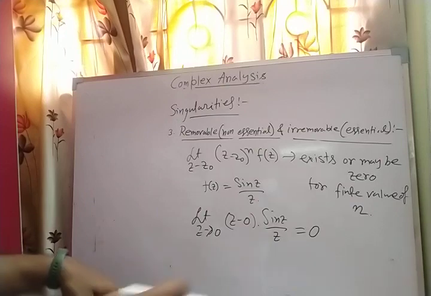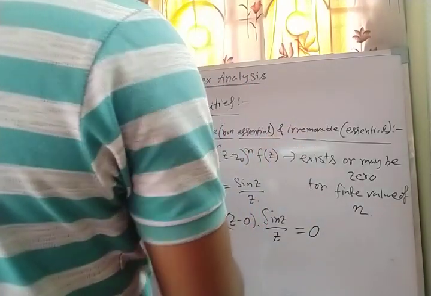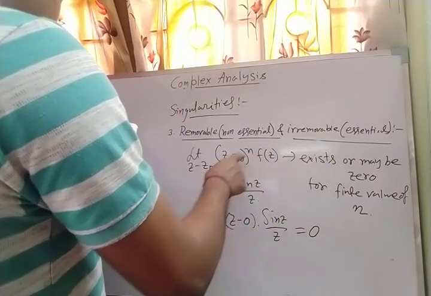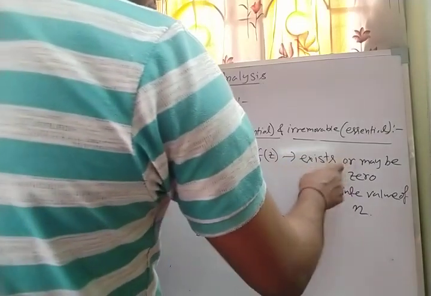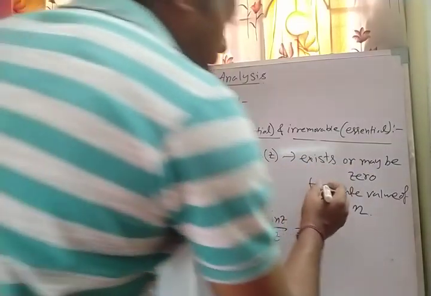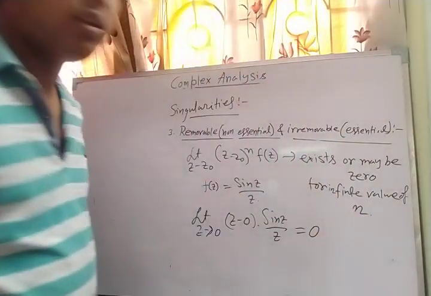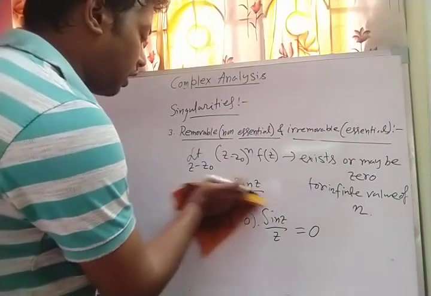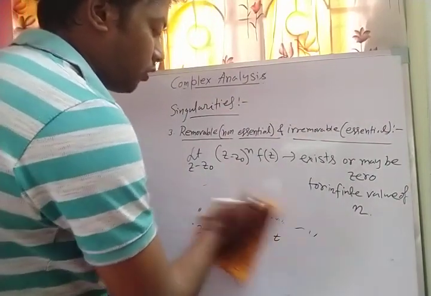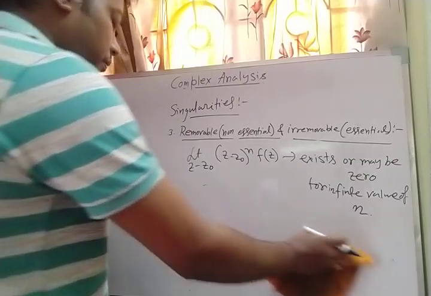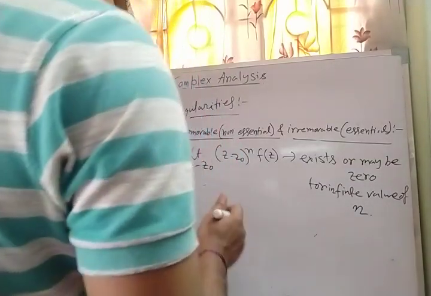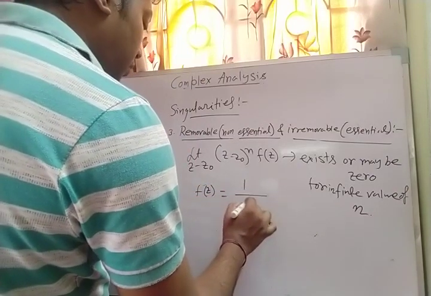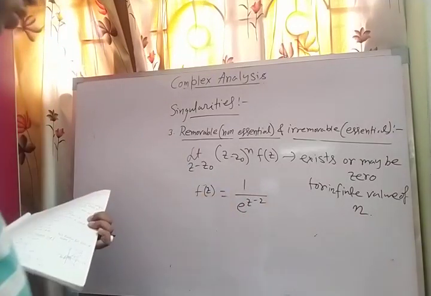Okay. Now considering the next part, that is the irremovable one. If the function is such that the limit of (z minus z0) to the power n times f of z exists or may be 0 only for infinite value of n, then this gives the irremovable singularity or essential singularity. For example, you can consider f of z is equal to e to the power 1 by (z minus 2). So z equals 2 is a